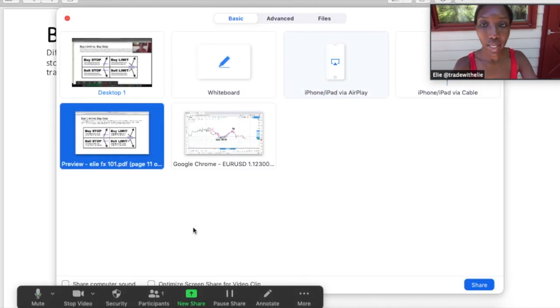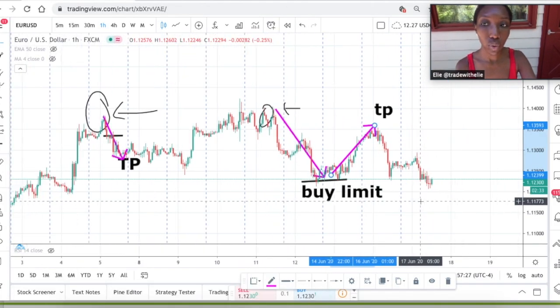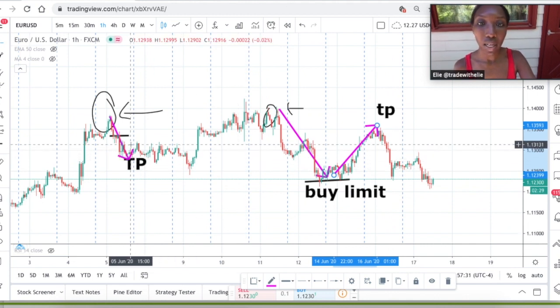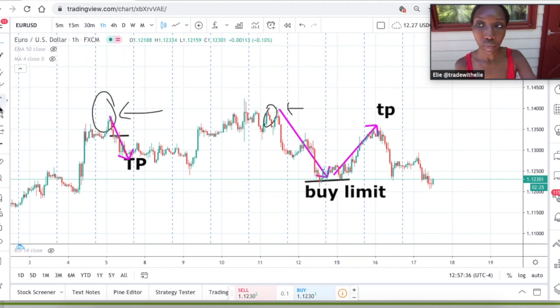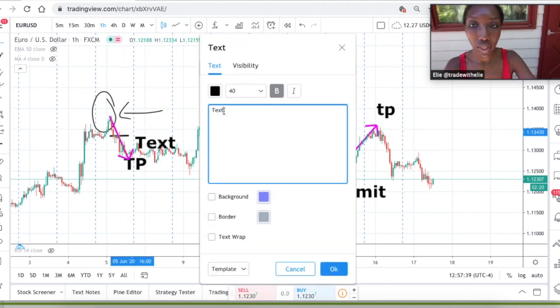So that is basically how to tell the difference between the two. Now, when it comes to using a limit or a stop order, it's really important to know when you want to use one or the other, because you can decide